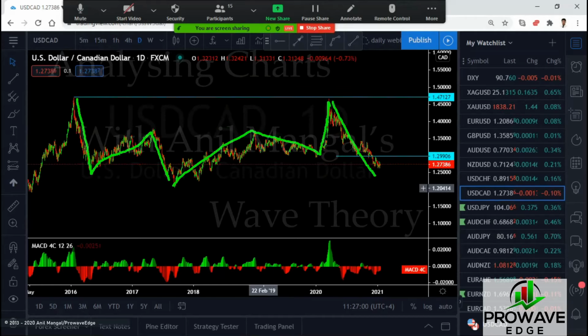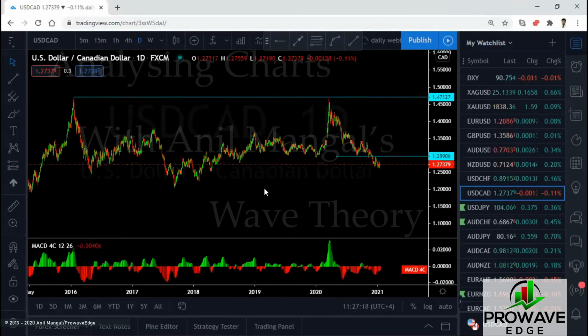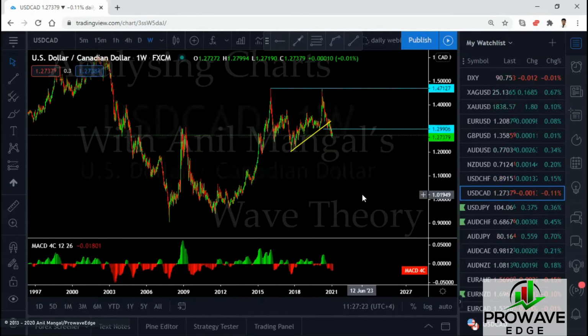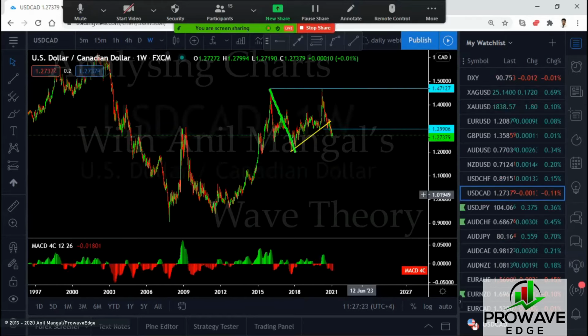We have an impulse. At some point, we're going to have a correction and another impulse back to this level before you get a big move up. So if you look at that in the weekly chart, what you're going to see is a consolidation that has one leg, 2, 3, and up. Now, rarely would they drop to this level without making this consolidation. We have it here and we have it here. So I am making the assumption that they're going to do it here before they drop.